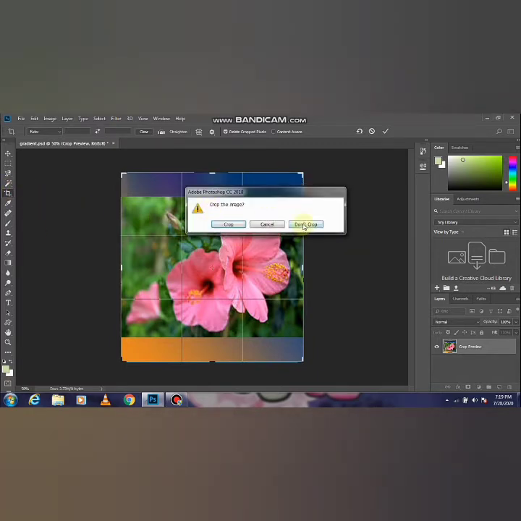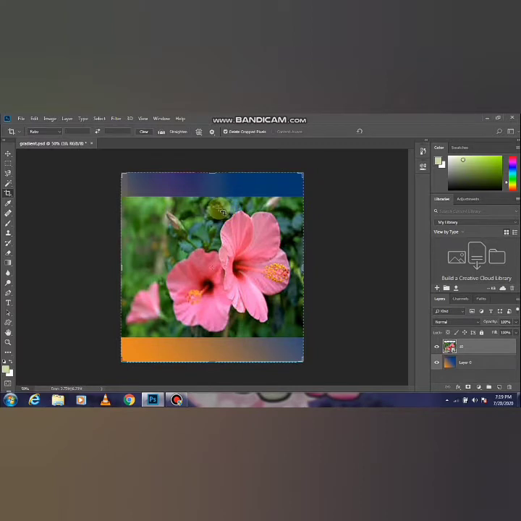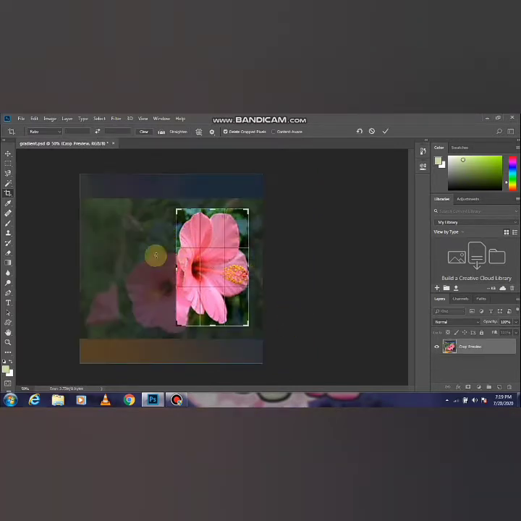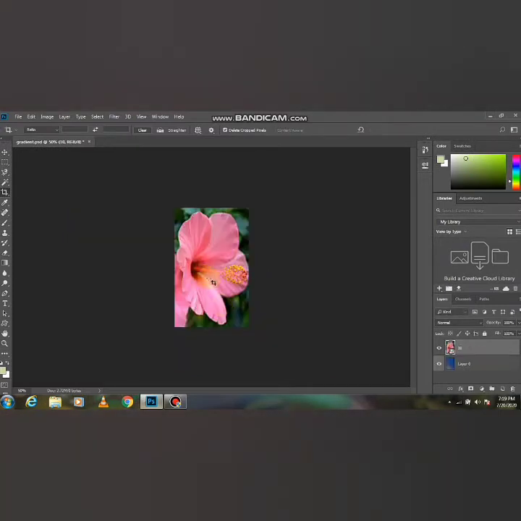And if we want to select only a particular area in the picture, we just have to click on the area and that will be cropped. This outside black area is known as the shield, and the inside area which we have selected is known as the cropping area. To finish the cropping process, just double click inside the selection or press the Enter key. You'll find that the selected image is cropped.